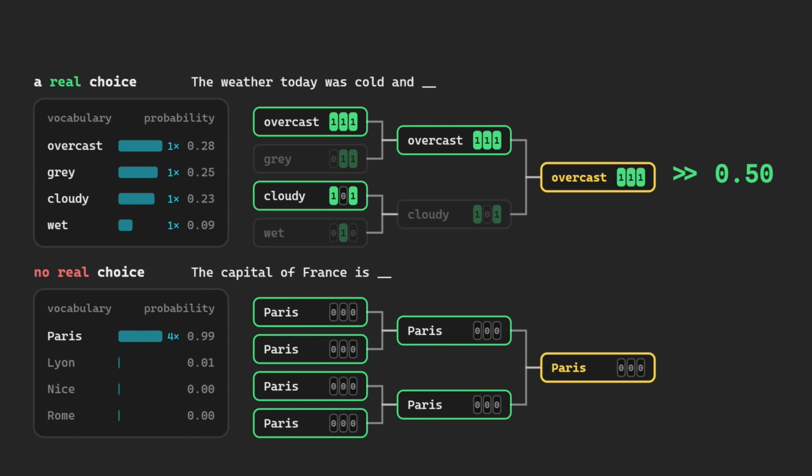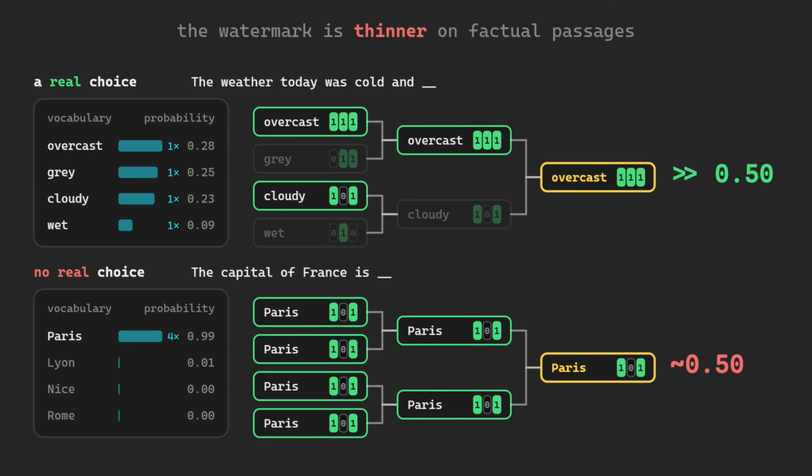And it does not matter what code it has, all zeros, all ones, or anything in between. It still wins as the only word in the tournament, so the average watermark score here sits at about a half. Anthropic says it directly that the watermark is thinner on factual passages where there are fewer choices available without making